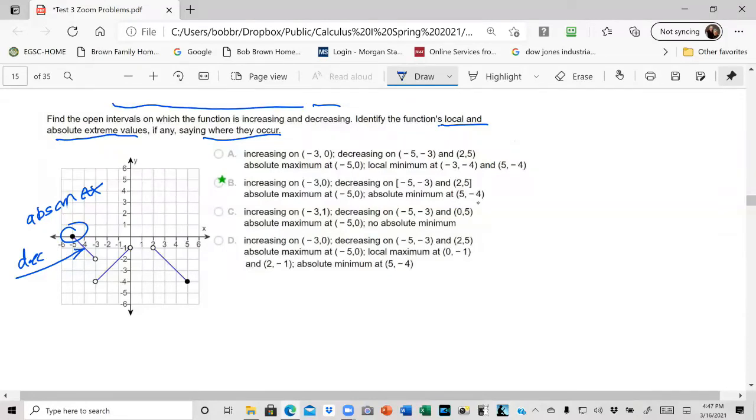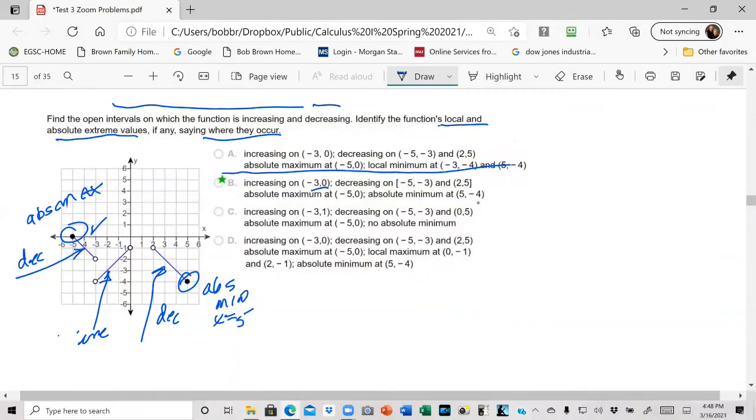It is increasing between minus 3 and 0. And now we can also pick out the absolute min at x equal 5. And between 2 and 3, it's decreasing. So looking at the possible answers, you'll see it's answer B, increasing minus 3 to 0,